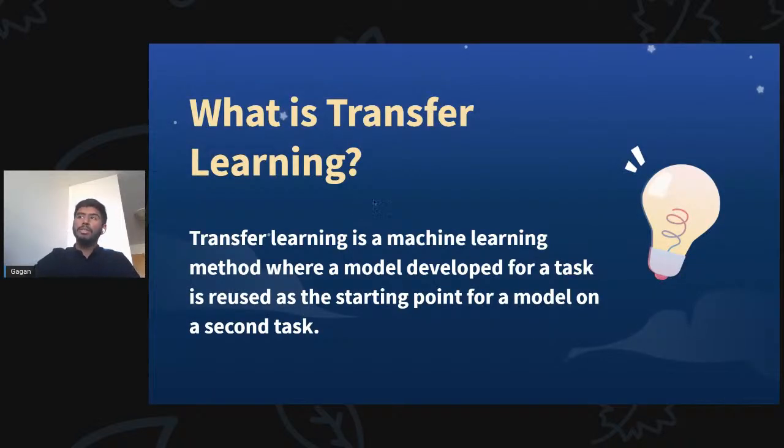And so, looking at what is transfer learning. Transfer learning is really interesting because it is a machine learning method where a model developed for a task, which has already been developed, is used as a starting point for a model on a second task. So, let's say we actually have